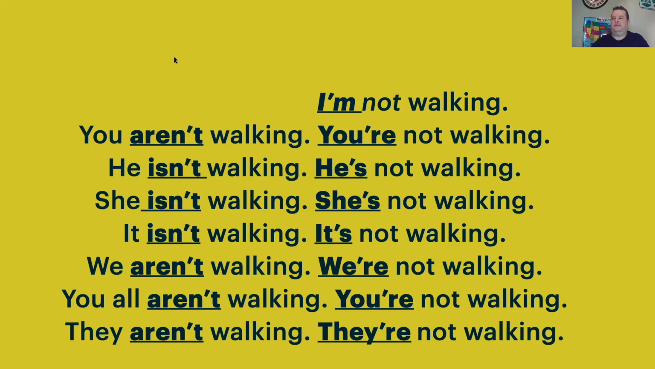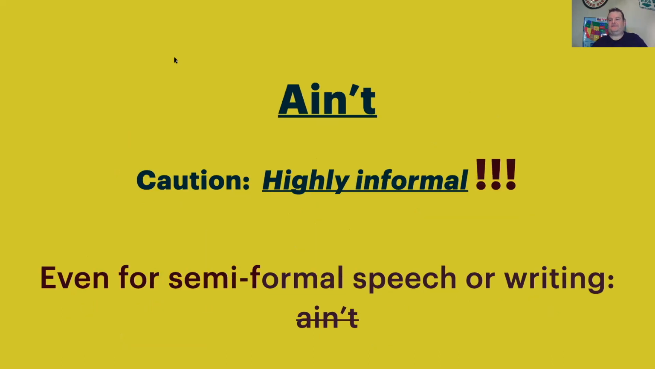I'm not walking. You're not walking. He's not walking. She's not walking. It's not walking. We're not walking. You're not walking. They're not walking. Great, good job. Now you may also hear people using ain't as a contraction of to be and not, and